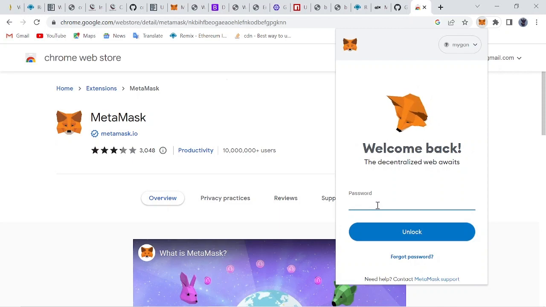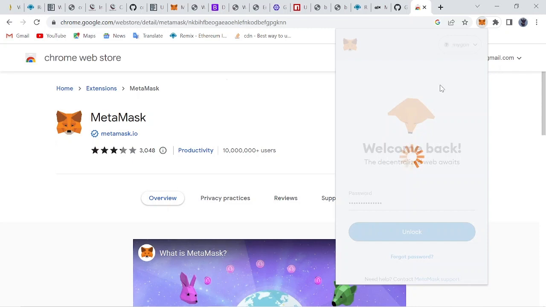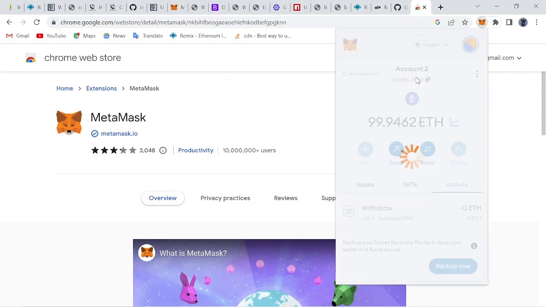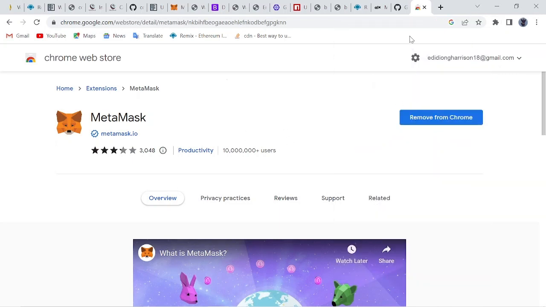Let's log out real quick. Go ahead and log in, and unlock your wallet. Let's just stay on this account for now. Okay, so the next thing we want to do is connect our MetaMask wallet to our